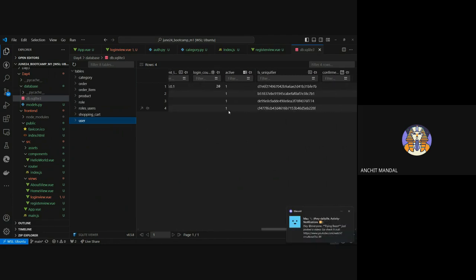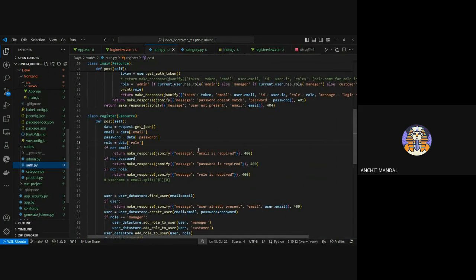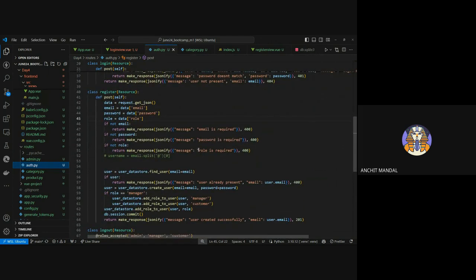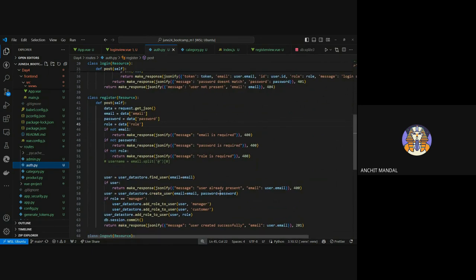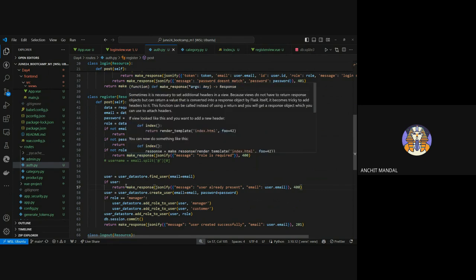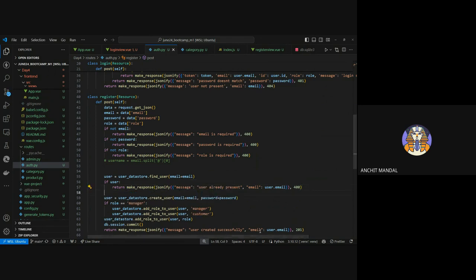Again, one more thing, if you remember, it is saying active as one, that I have to configure, that I haven't configured. A manager role cannot have active status as one, basically true. The admin needs to come in and activate that ID. For that, what we can do is would have added this over here, but